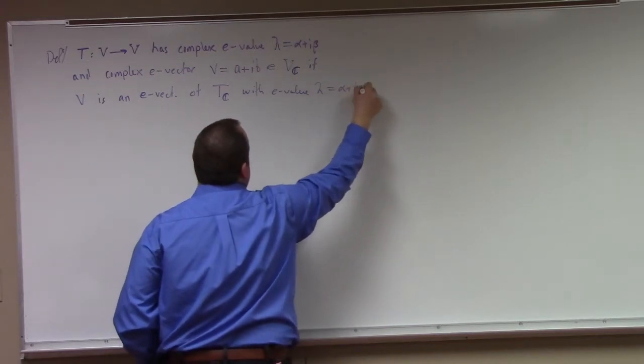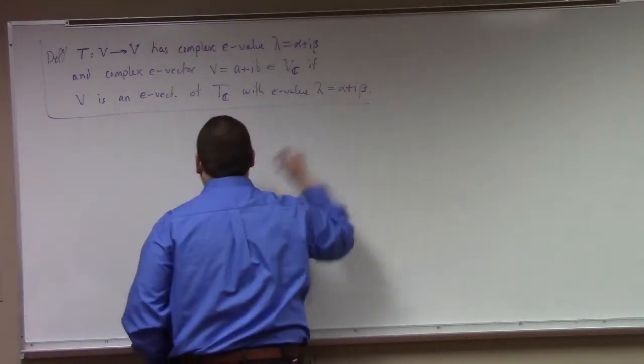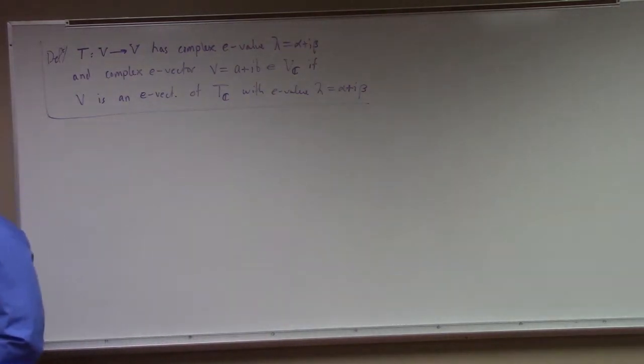So in other words, what I'm saying is that we can talk about complex eigenvalues and complex eigenvectors for a real transformation, with the understanding that what we're talking about is the complex eigenvalue and complex eigenvector of the corresponding complexification of T. And we can always make this complexification, so it's something we can always do. All right? So,